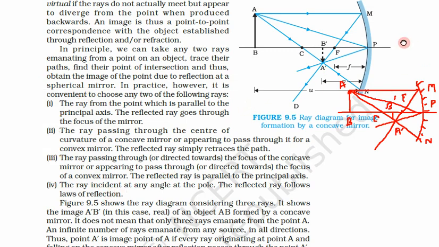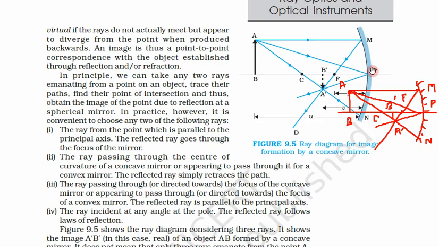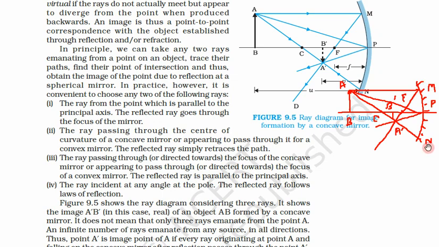Now, since I will move this figure and we need to see it again and again, I have made a very similar figure. Similar to this, we have the mirror MN, this is the pole P, this is our object AB, this is the center of curvature C, this point is F, this is our image B dash A dash, and these are different rays which have been shown here. I have made this figure because once we start moving the figure, we cannot understand the geometry. So to understand the geometry, I have drawn this small figure here.